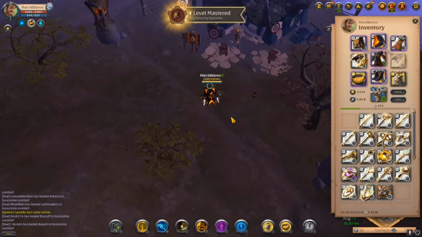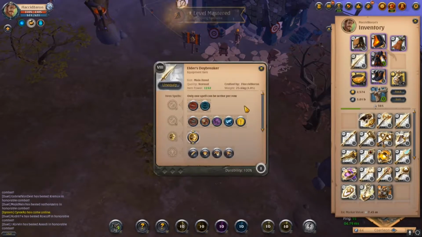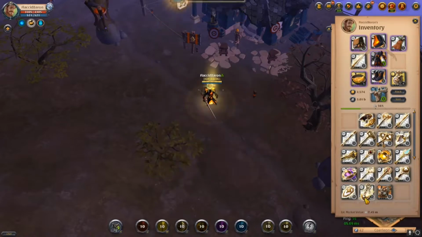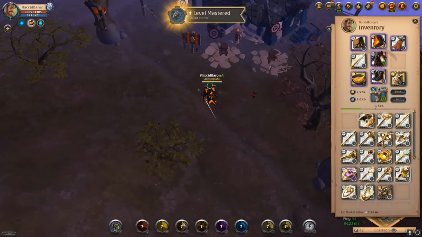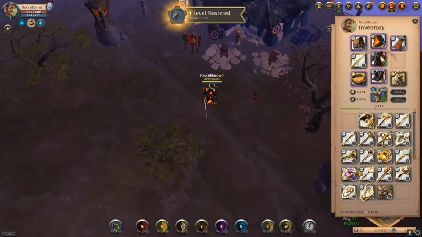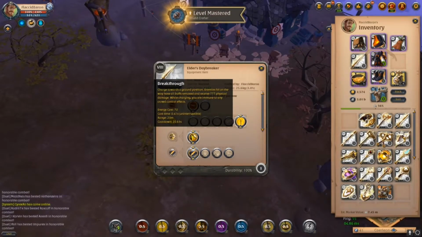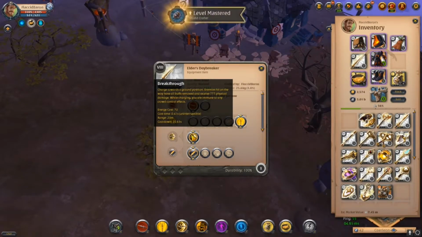But let's move on to the next weapon, which is the spear. It is one-handed, which is worth mentioning because you can wear an offhand, of which there are 3 new ones. We will get to those in a second. But the spear, the E, is charged towards a ground position. Enemies hit on the way have all buffs removed and receive 777 physical damage. While charging, you are immune to crowd control effects. With a 20 meter range and a...